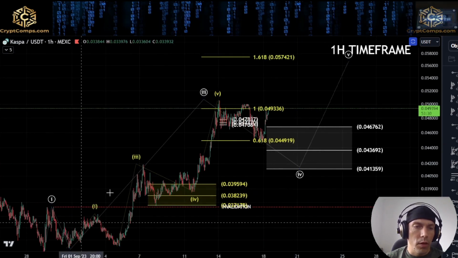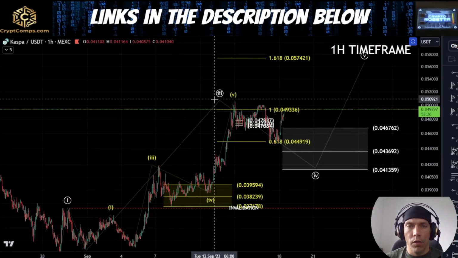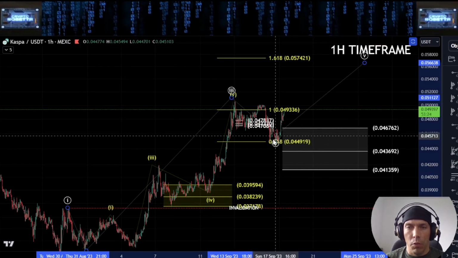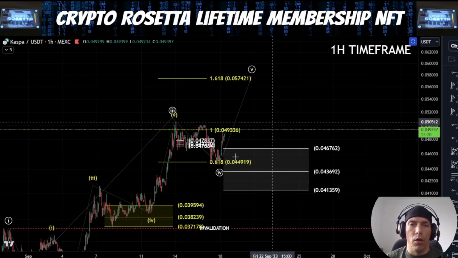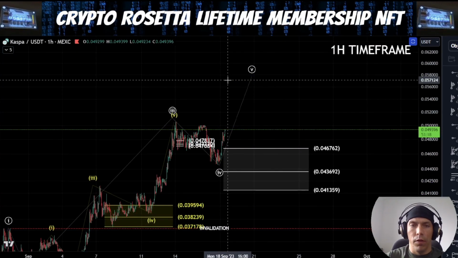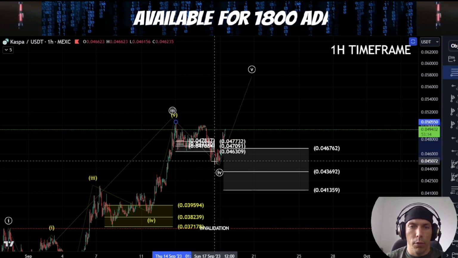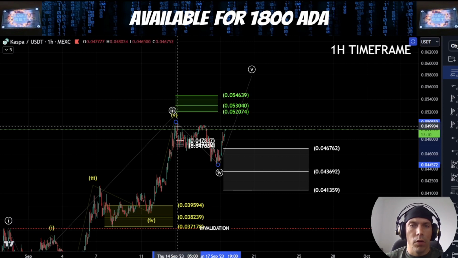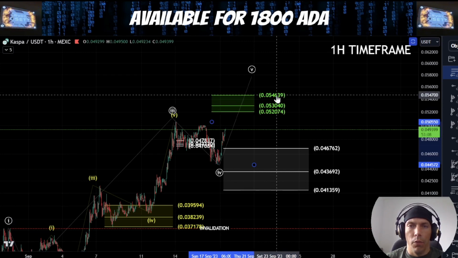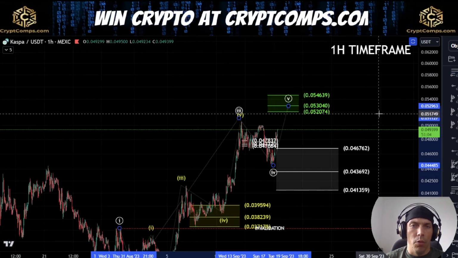Now the problem is, if we look at the time relationship of this as a wave 2, if this is a wave 4, what we would be saying is we'd want to actually see this playing out to the upside directly from where we currently are here. And effectively within this idea here, what we'd be looking for is a target for this white fifth wave. If I just throw this onto this low here, would be around the zone here of this 0546 to this 0520. So this would be how we'd be looking at this move.